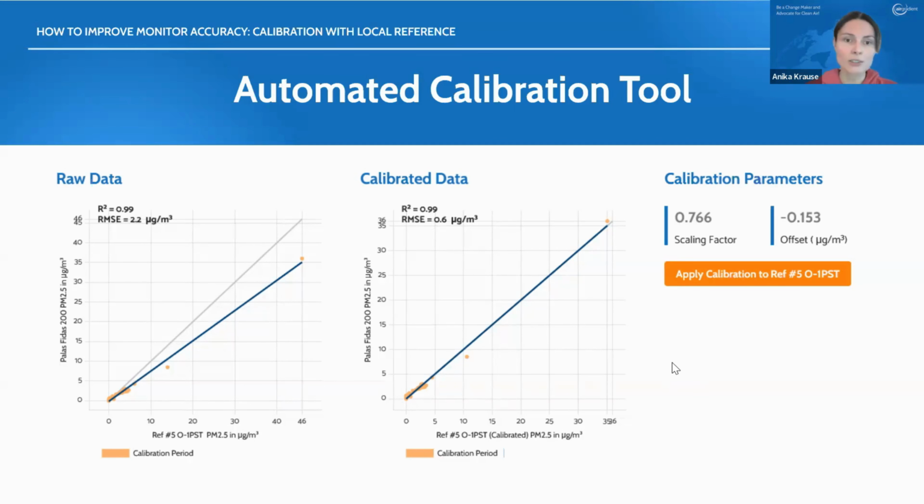Most importantly, these plots are basically just there for you to visually check that everything is going well. But most importantly, the tool then just spits out the calibration parameters that need to be applied to your raw data to calibrate your sensor, and you can also do that automatically. So there's a button, you say apply calibration, and from that point on, you will see calibrated data in your dashboard, and you can also download calibrated data. There is a column called PM 2.5 calibrated, for example, where you would then find these data.